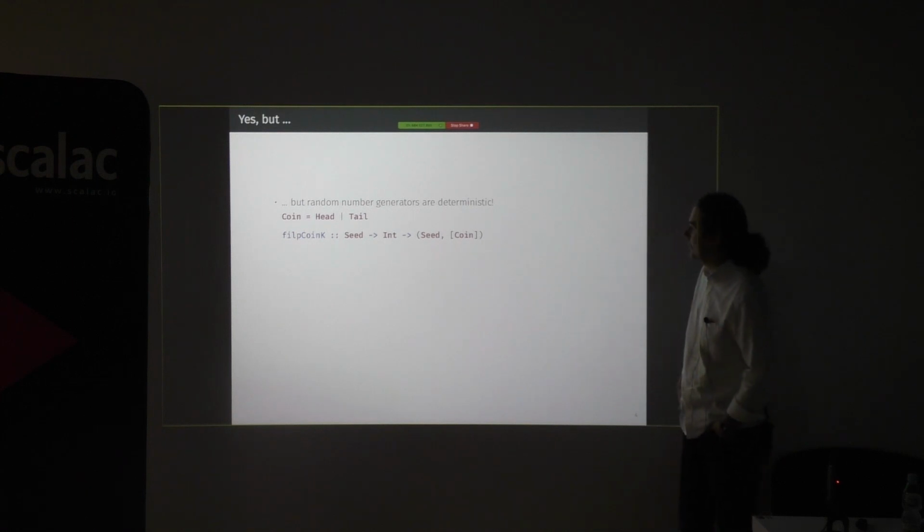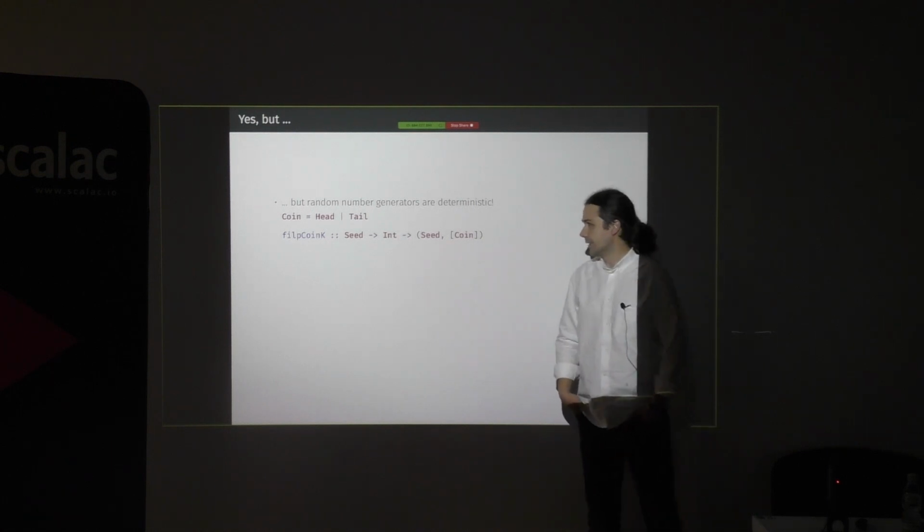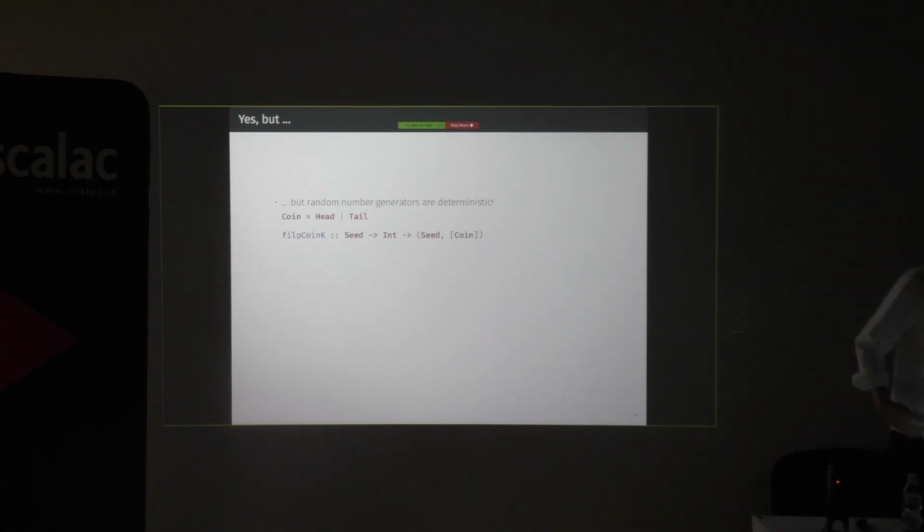So we could implement our flip coin function in a pure way by adding the random generator seed, whatever it is, depending on the random generator. But it's not so nice because then we need to add additional arguments, we need to remember to pass those arguments and so on and so on.